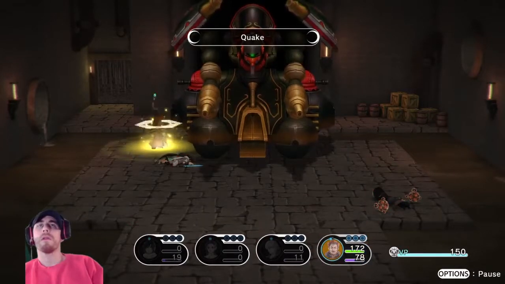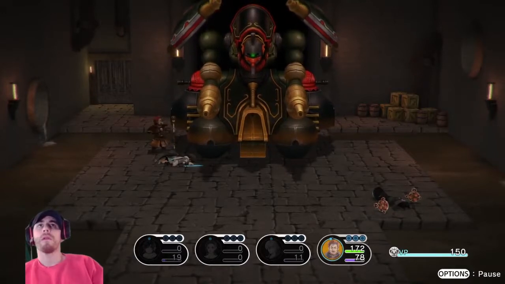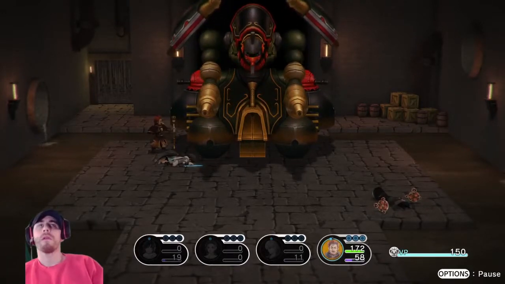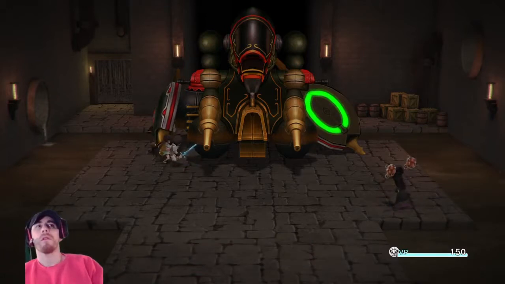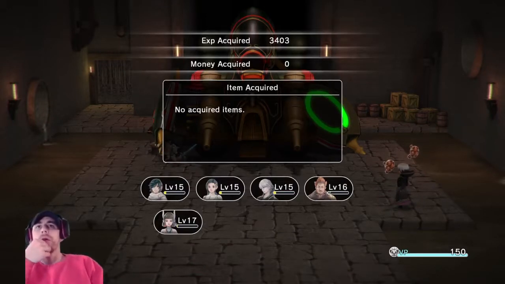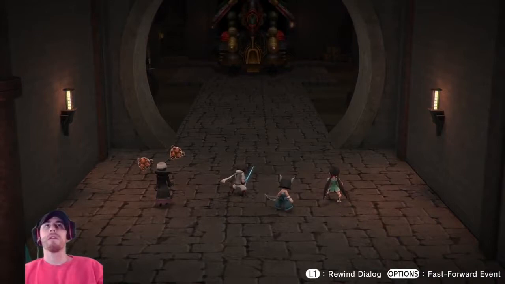But I could have used Agua, and I think that would have done. But see, the Quake did a lot. I think this boss just has low resistance all around. I could have looked it up on Fextralife or whatever, and probably looked up his stats. I don't know if his stats are anywhere on the internet, but now you're done with the first sequence,